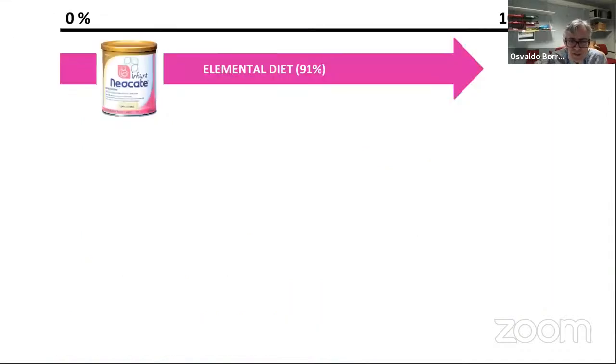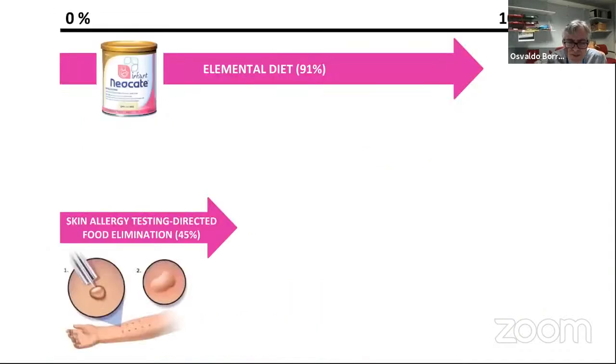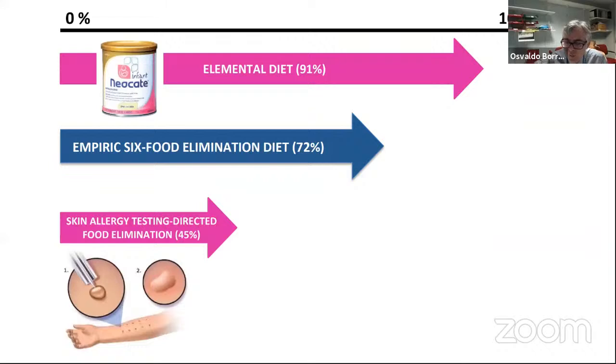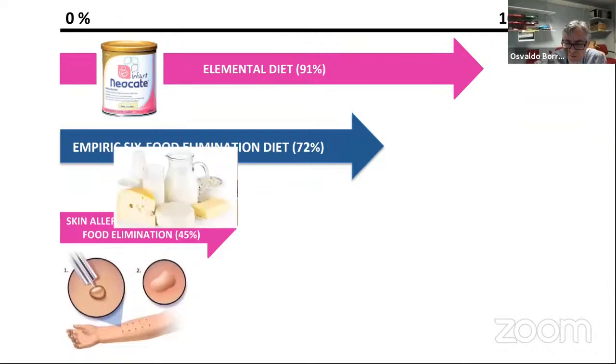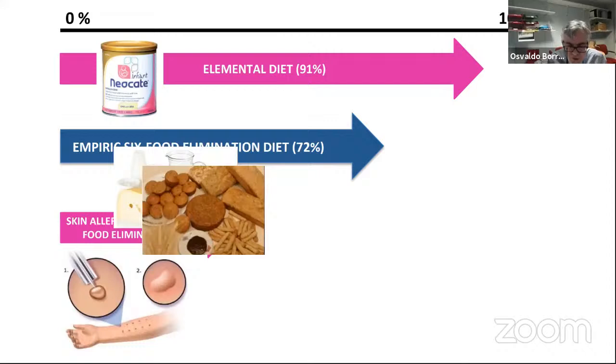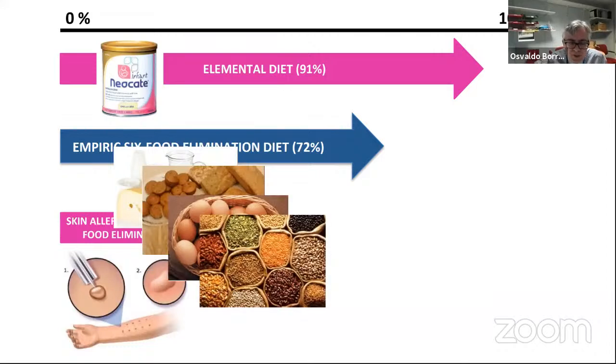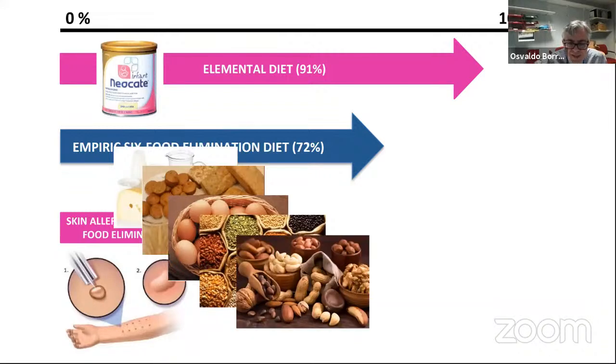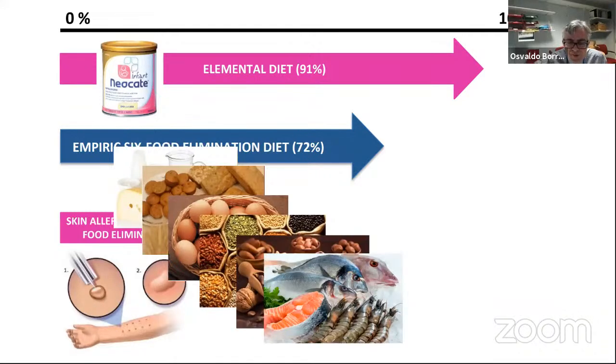So, for instance, the elemental diet is effective in 91%. Skin allergy tests, unfortunately, can direct the diet in only 50%. We can have an empiric six food elimination diet, which as we have seen before is effective in 72%. The most common of the six foods are milk, wheat and gluten, then egg, then nuts, and then fish